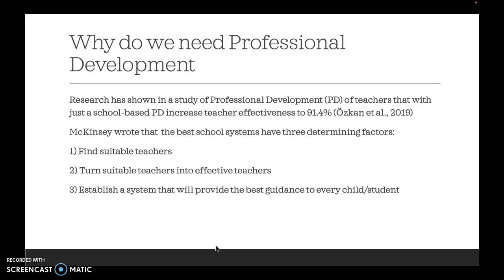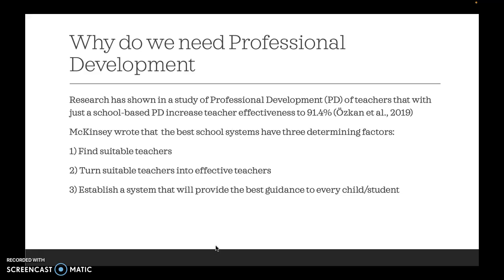Also, through this, another author has written that the best school systems have 3 determining factors to enable their teachers. First is to find suitable teachers. The next is to turn those teachers into effective teachers, and this is done through professional development and in-service training.